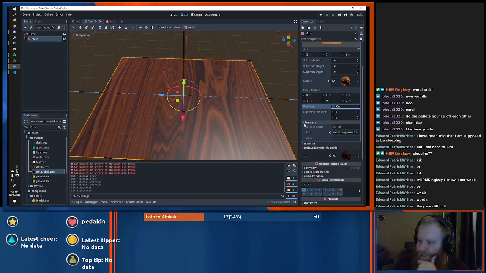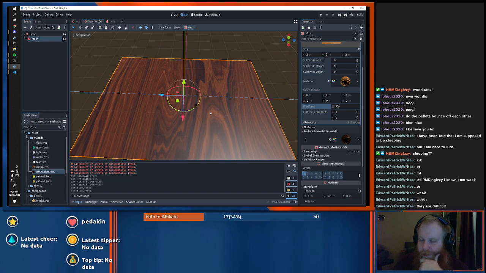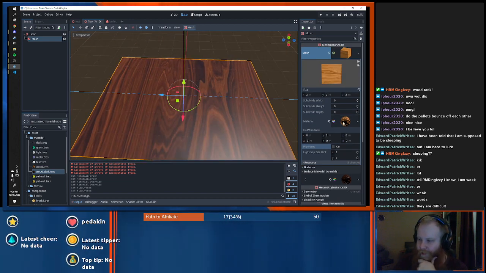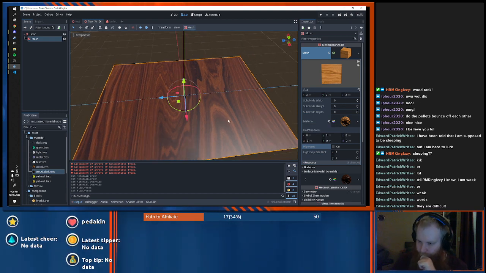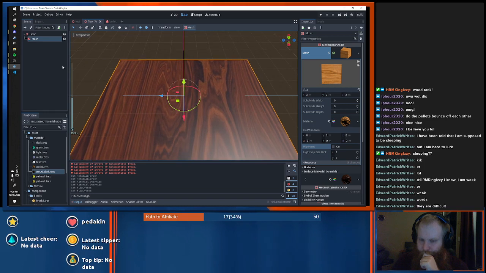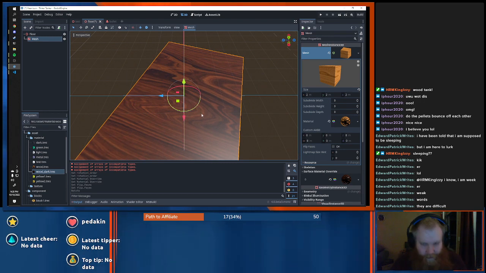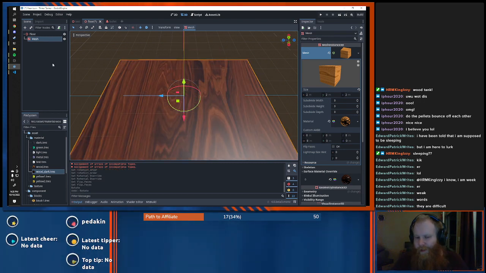I need an adult to tell me how to rotate the mesh. Not even the mesh, the material. Actually, I think I can literally just rotate the mesh. No, that doesn't. Well, no, that's not gonna work. Hmm.